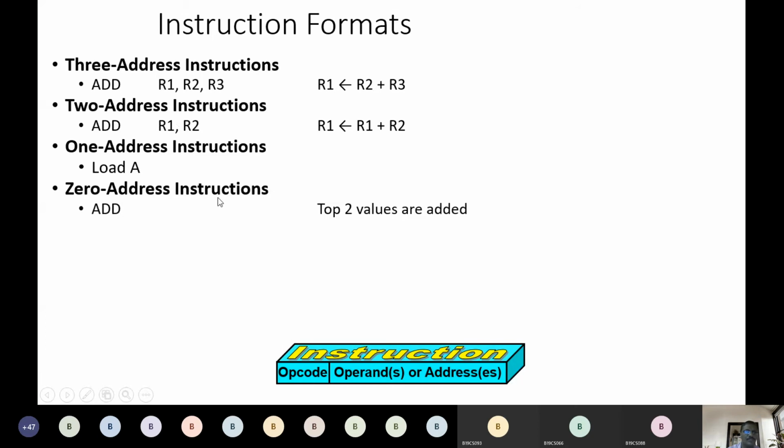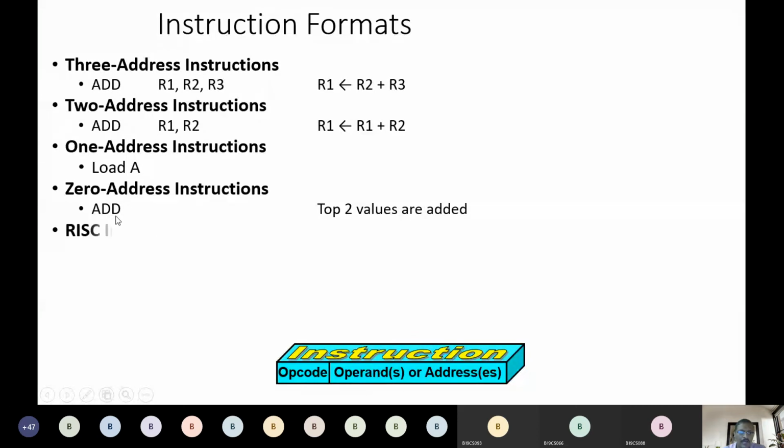And 0 address instructions: you can see we are not representing any processor registers like R0, R1, nor any variable like A, just add. So we are not specifying any predefined names or user defined names here. So add, what it will do, is generally applied on stacks. You already know stacks from your second semester.